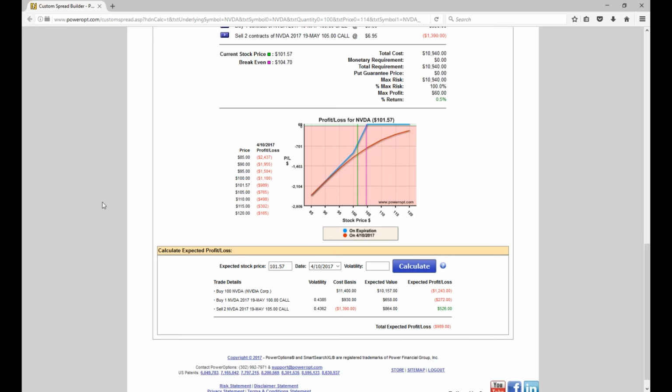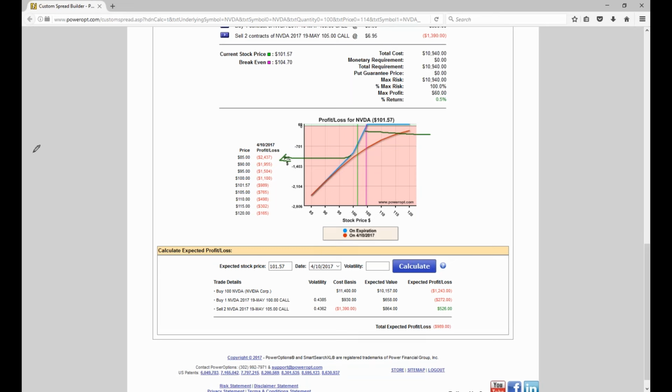Now, Ben, you bring up a good point. You could say you could buy a protective put on the downside. You're right, but what are you going to do if you pay for a put, let's say at the 100 or the 95 level for May? You're going to negate the 460 credit, or some of the 460 credit you just received, so this would not be a break even.